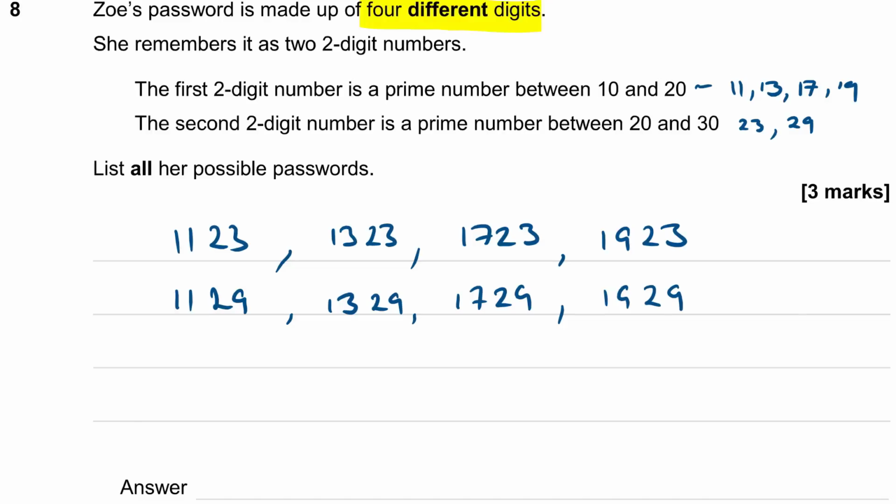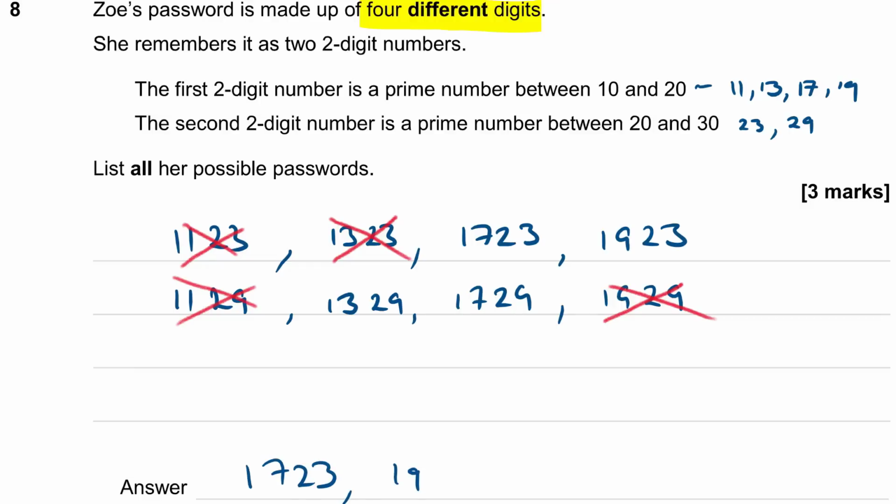So we've got 8 possible combinations here. But if our 4 digits need to be different, then I can't have 1, 1, 2, 3 because it's got 2 1s in it. I can't have 1, 3, 2, 3 because it's got 2 3s in it. 1723 is fine, and 1923 is fine. I can't have 1129 though because it's got 2 1s. 1329 is fine. 1729 is fine. But 1929 has got 2 9s, so that one's got to go as well. So my final answer is going to be